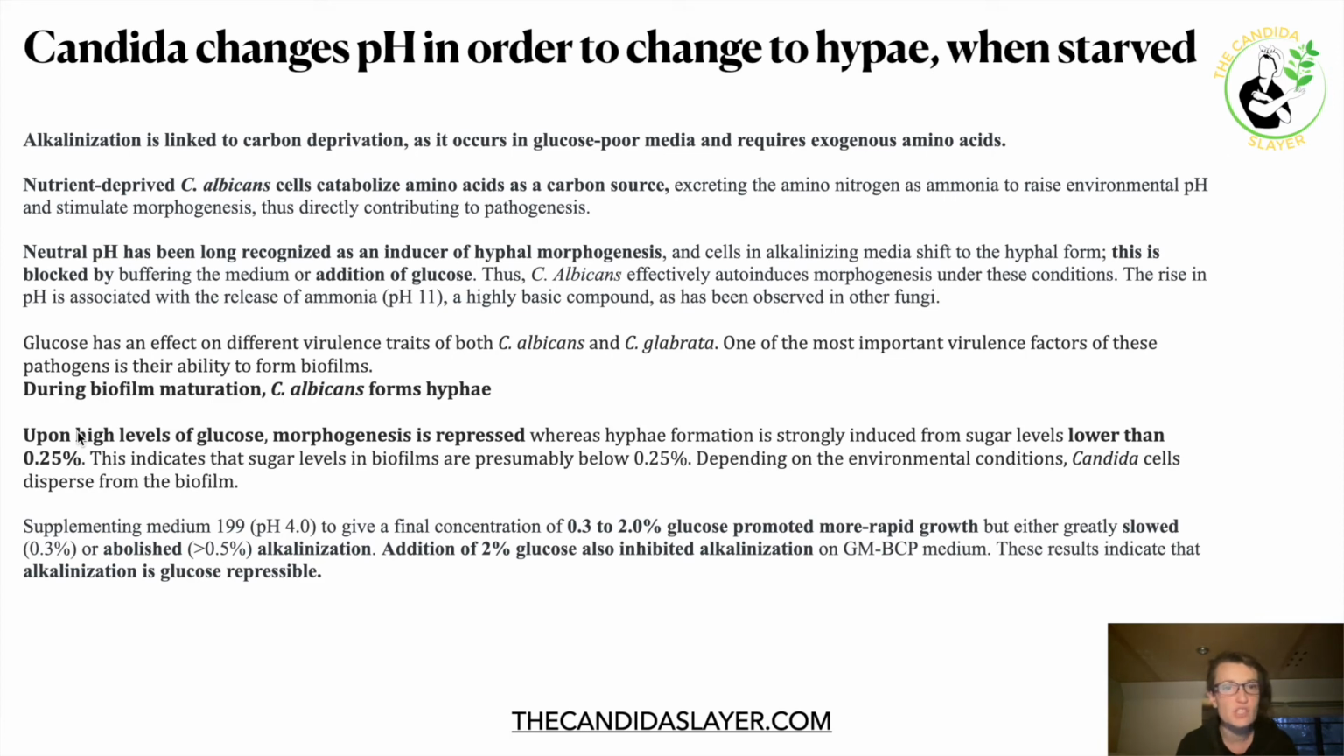So Candida changes pH in order to change to hyphae when starved. That's what I just said. Alkalinization is linked to carbon deprivation as it occurs in glucose-poor media and requires exogenous amino acids. Basically what it says is that when Candida is in an environment that doesn't have enough glucose, Candida decides to change the pH to alkaline, therefore it can change to its hyphae form, therefore it can